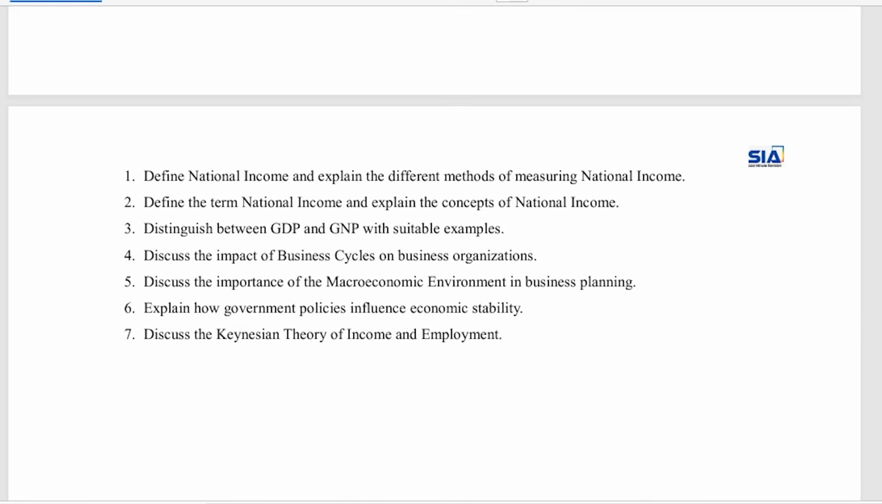Coming to Part B, define national income. Explain the different methods for measuring national income. First, you have to write the definition for national income and explain its methods for measuring national income. Next question,